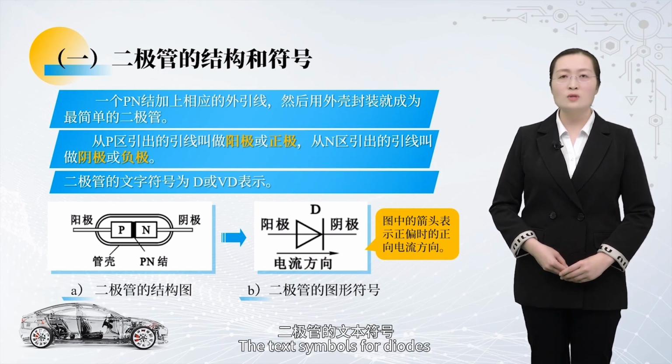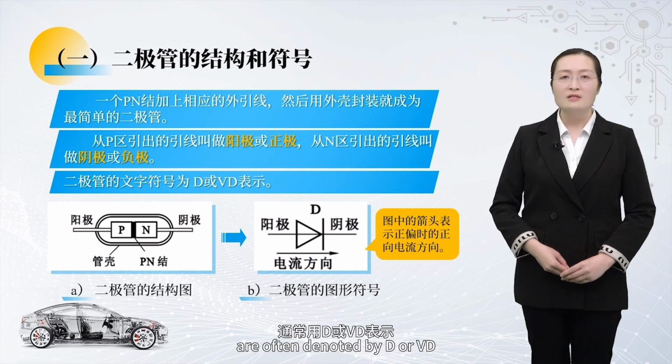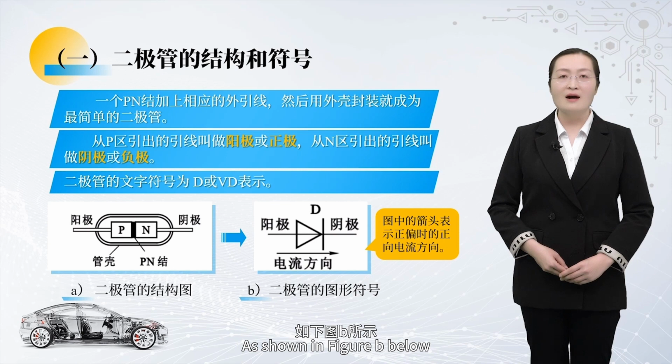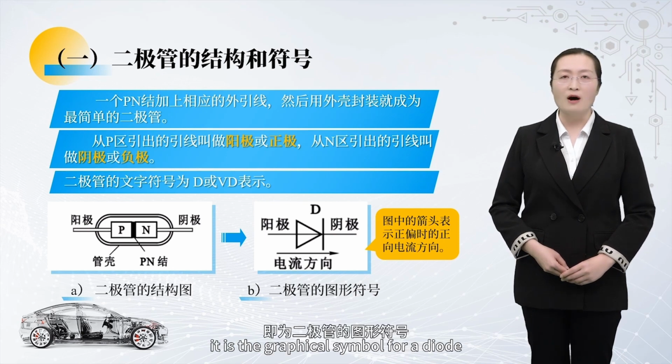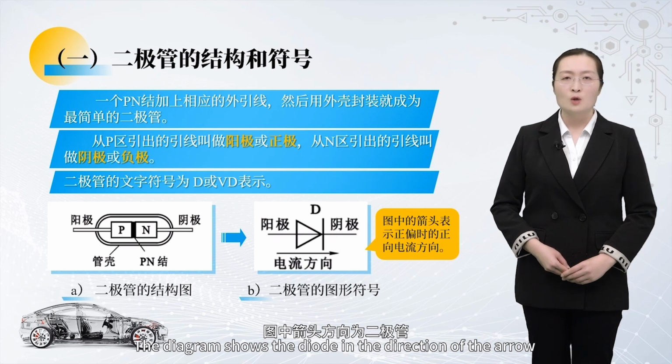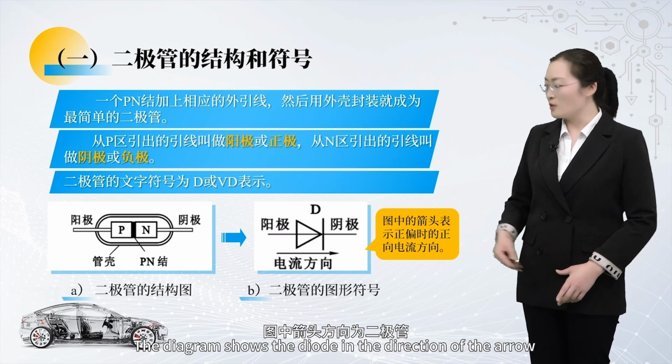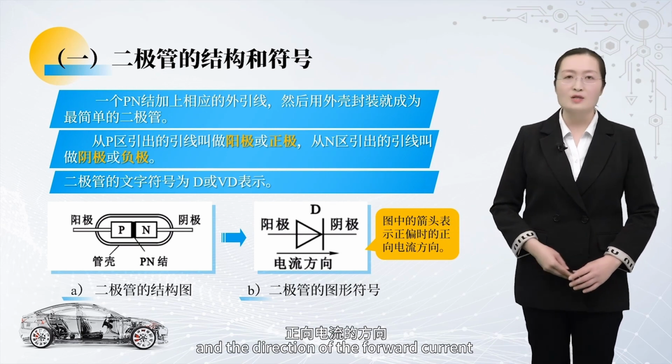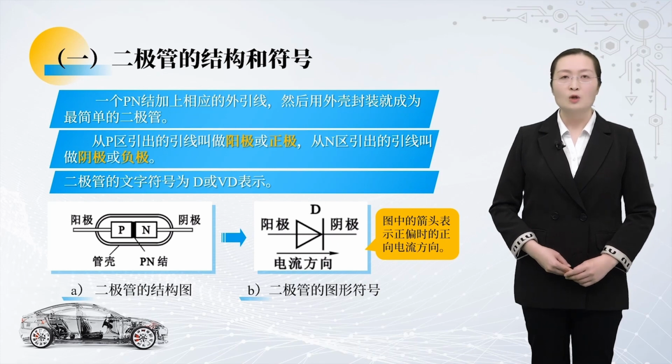The text symbols for diodes are often denoted by D or VD. As shown in figure B below, it is the graphical symbol for a diode. The diagram shows the diode in the direction of the arrow, and the direction of the forward current flows through